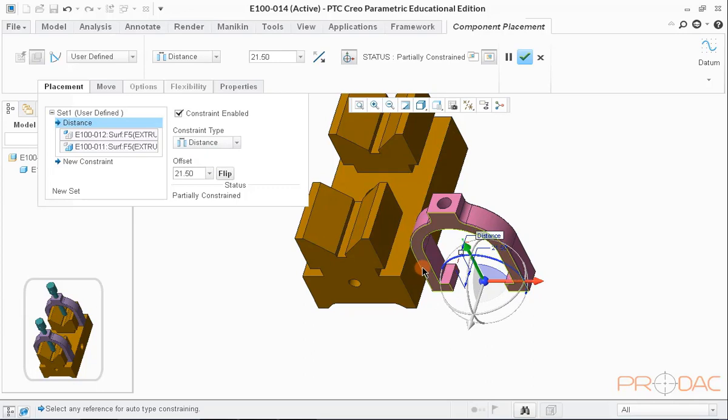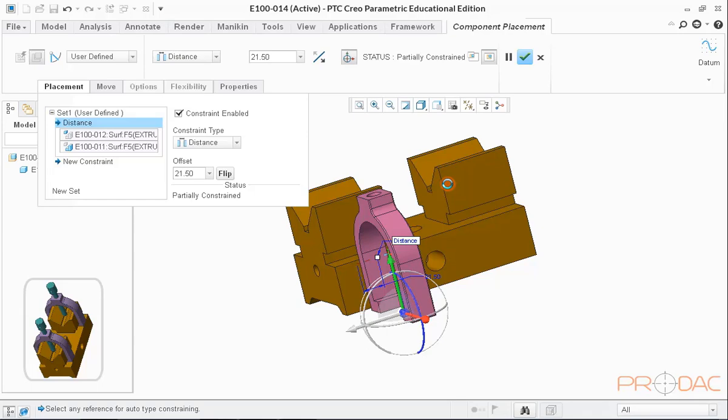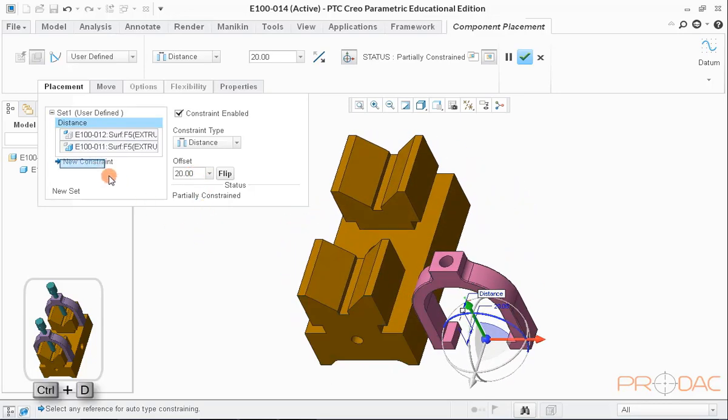For better visibility of offset, we may change the view orientation to right. Now, in this view, we can see the offset of purple part clearly. Next, change the offset distance to 20 mm as per requirement.